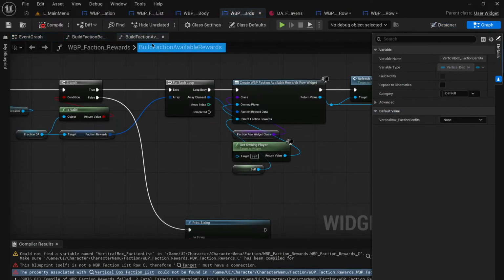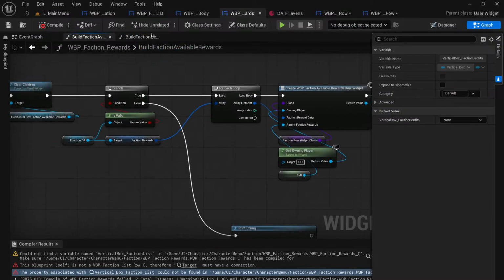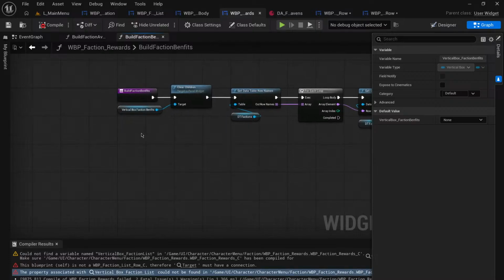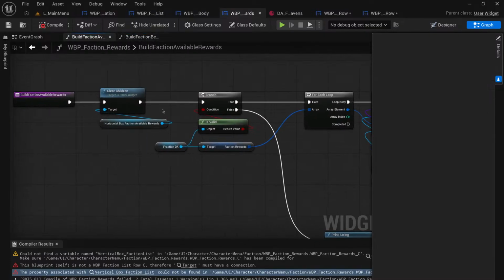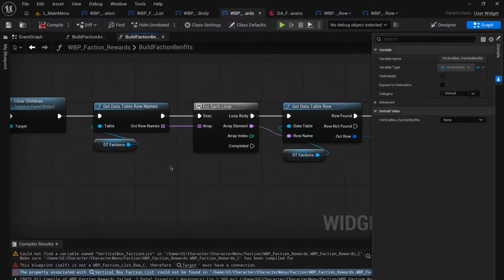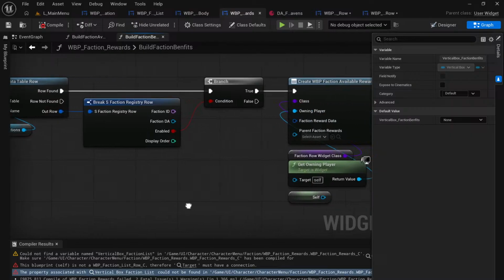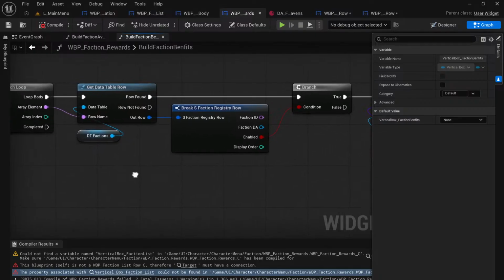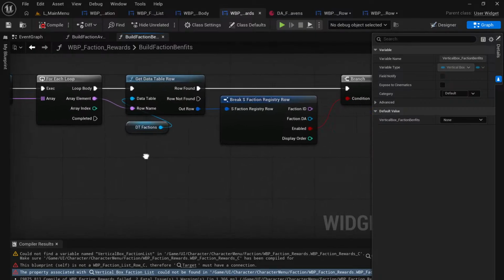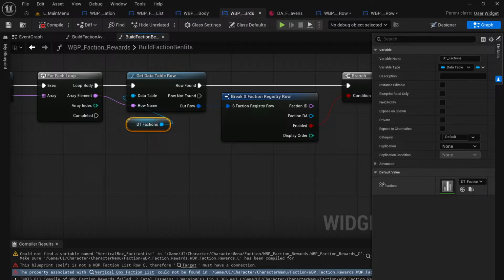We want to change benefits. Not the available rewards. Now, benefits needs to change. So, yes. We clear it, we set the table, we get that. So from that,